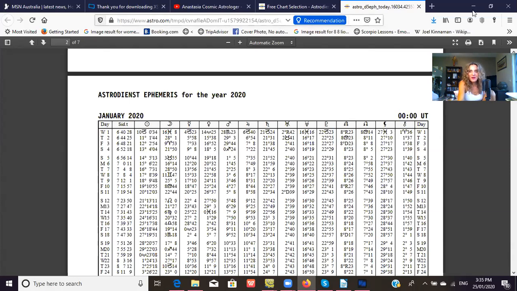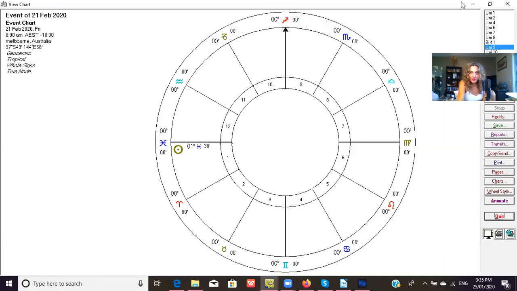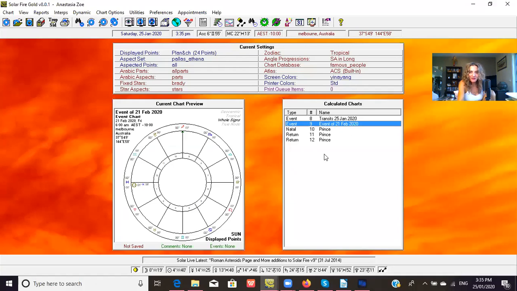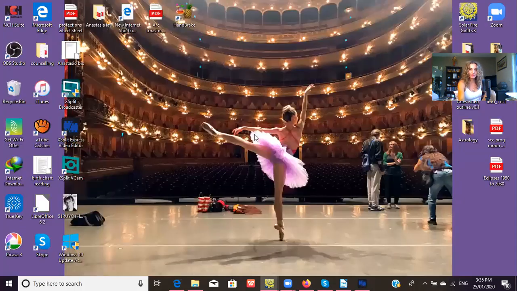Okay, so let's just get rid of that. Hopefully this has clarified how to work with solar charts and how to create them and so forth. I think that's it. So I did this because, as I said, there was a viewer who wanted to know how to do this herself. And whenever somebody asks an important question,